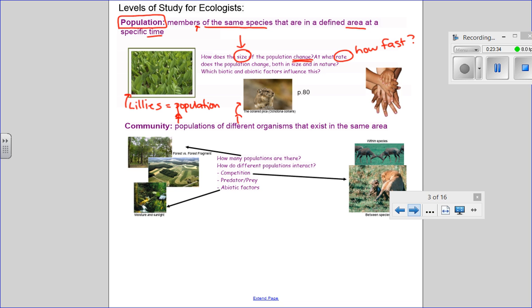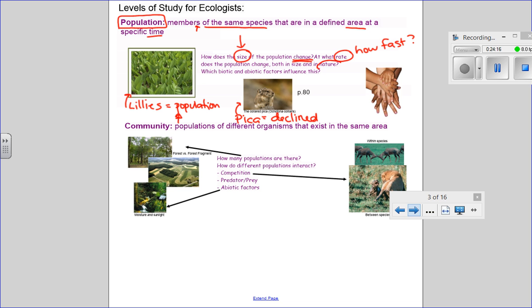This example here, it's a collared pika. It's just a cute little sort of rodent type organism. It's described a little bit in your textbook, and there's a picture showing it as well. But what went on with these organisms is that their population declined quite a bit over a 9-year span in the late 90s and the early 2000s. And one of the things that we think might have affected their population is actually global warming, the thing that you mentioned earlier today.